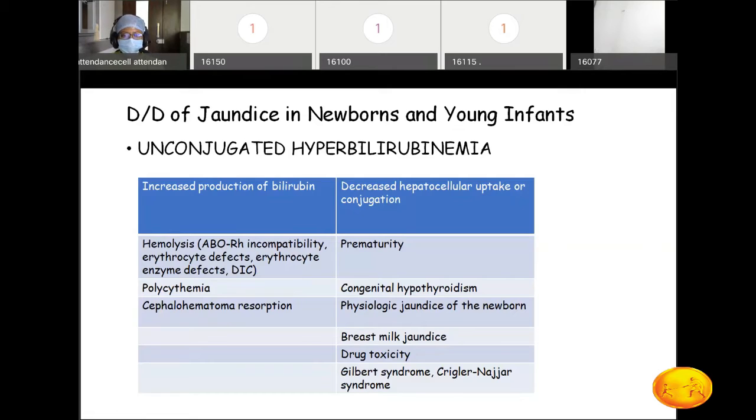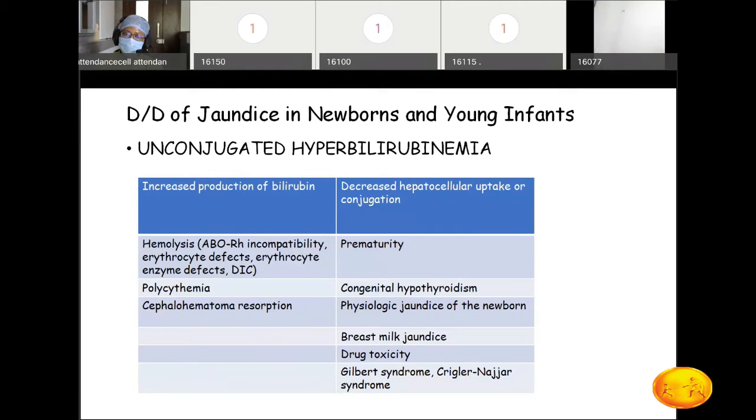Suppose the mother is RH negative and the baby happens to be RH positive, or the mother is O blood group and the baby happens to be A or B. So the baby is carrying some antigens on its RBCs which are foreign to the mother, and there could be some feto-maternal bleeding. Some RBCs of the fetus might leak into the mother's circulation, and the mother's immune system will pick up these antigens as foreign and will produce antibodies against them.